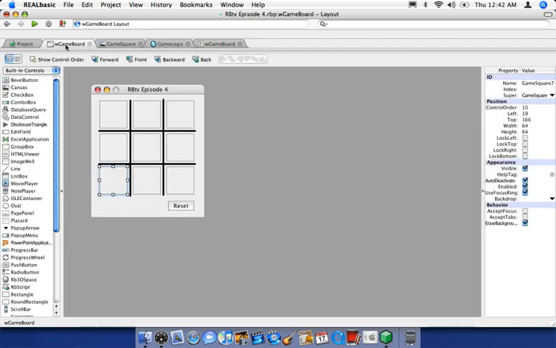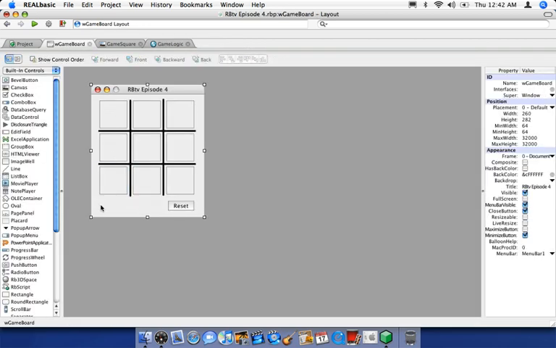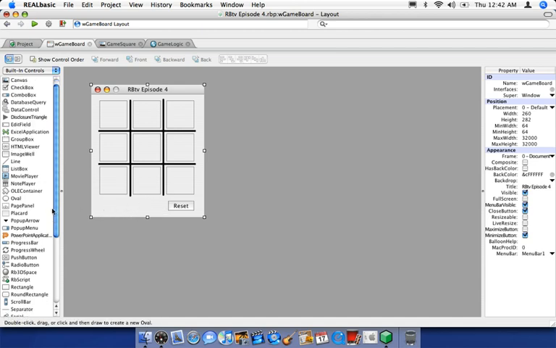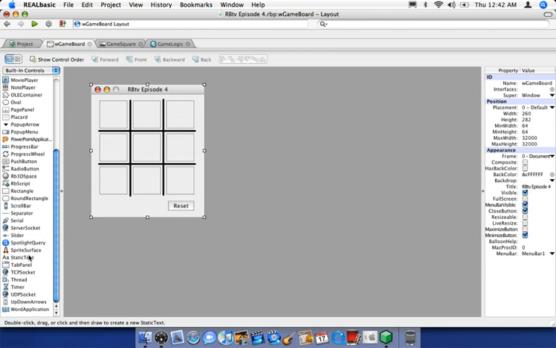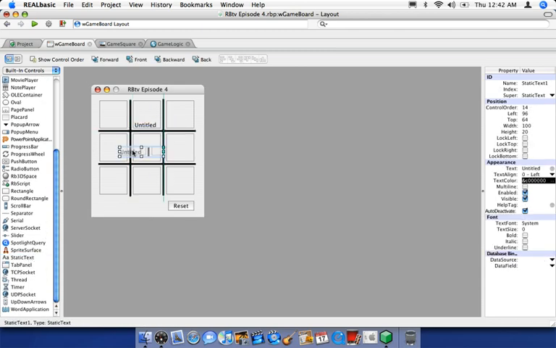So go ahead and switch over here to WGameBoard, and let's go ahead and create a little static text control right here. It's going to be kind of like our status. We're going to create any messages that we want to be displayed here. So go ahead and find the static text control here, double click on that, and let's go ahead and drag that right here, maybe line it up right about there, and we can maybe resize it. That's about good. Now let's not have any text displayed here by default, so if we come over here to the text and simply delete this,